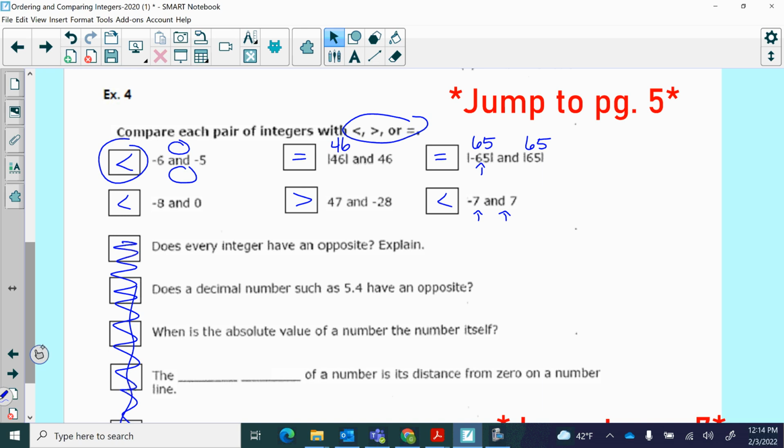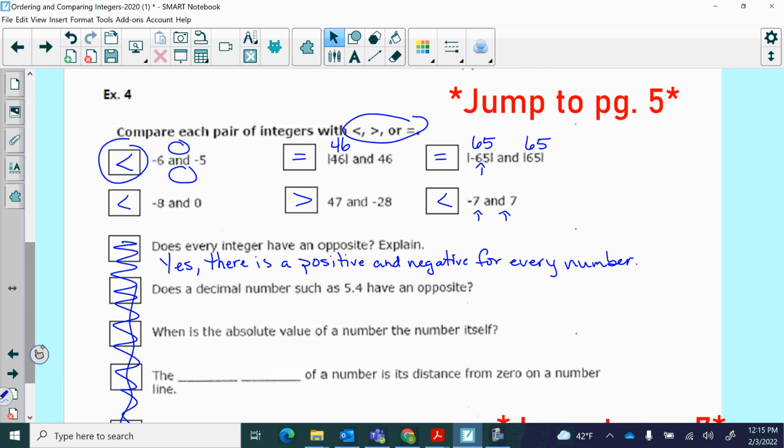Does every integer have an opposite? Yes. Explain. There is a positive and negative of every number. Means you can flip it. So every number has both a positive and a negative